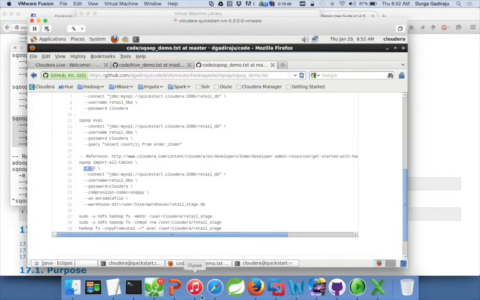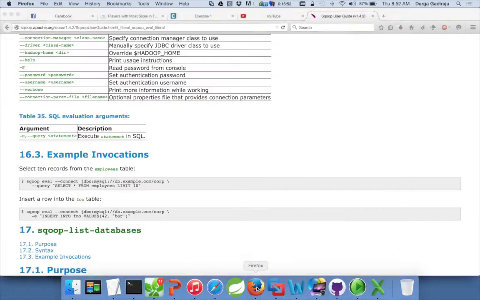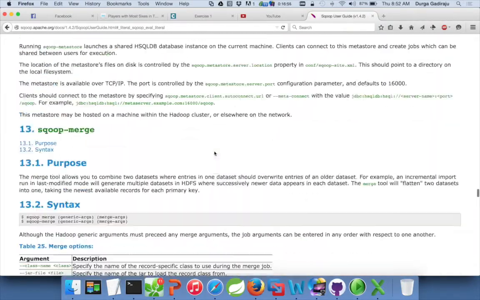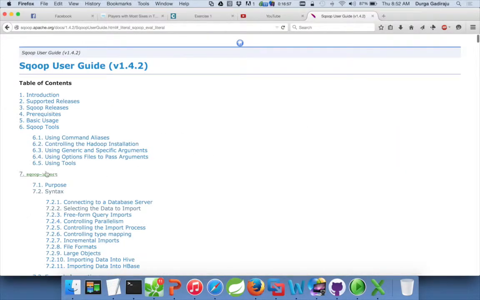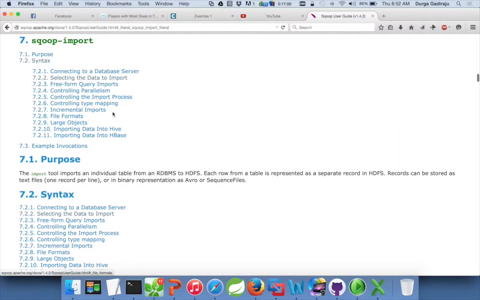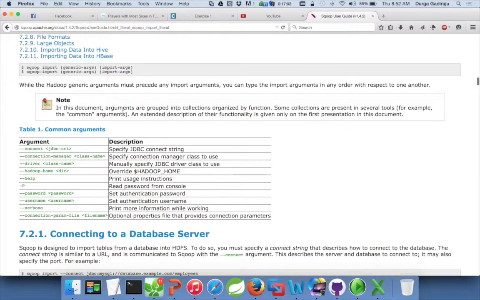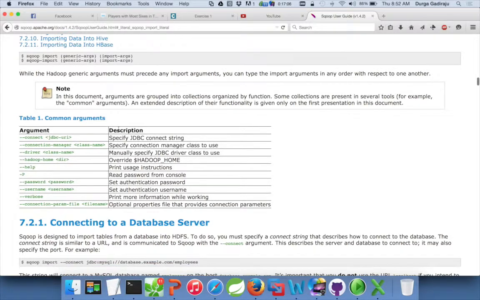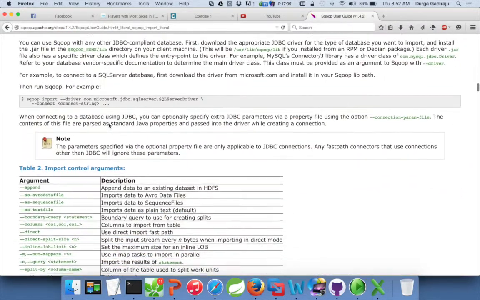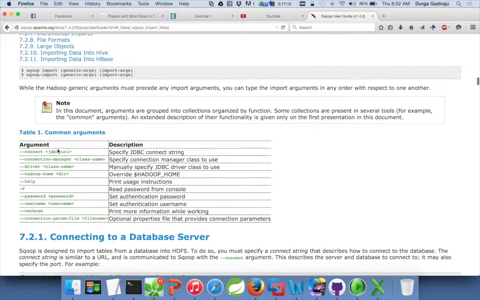So first let us see the user guide about the sqoop import command. Let us understand how it is framed, and then we'll come back to the demo. You can click on this to go to sqoop import, and if you look at the syntax, there are two types of arguments. One is common arguments, and the second one is control arguments. Common arguments are like JDBC connection details, like --connect to the JDBC, and if you want to use custom manager and driver classes to connect to the database, you can use them as well. And Hadoop home to tell where data should be written.